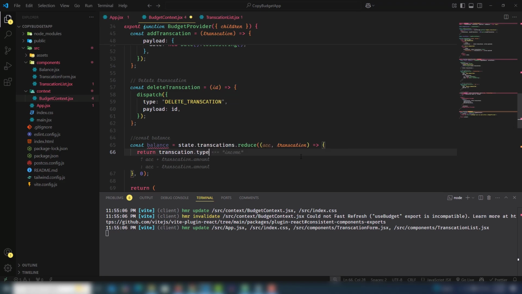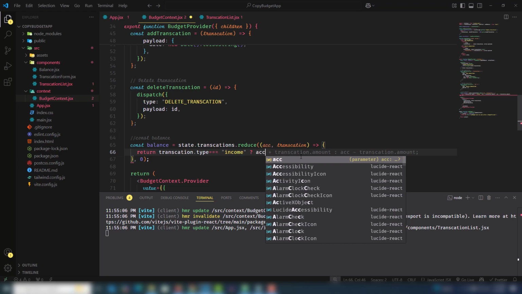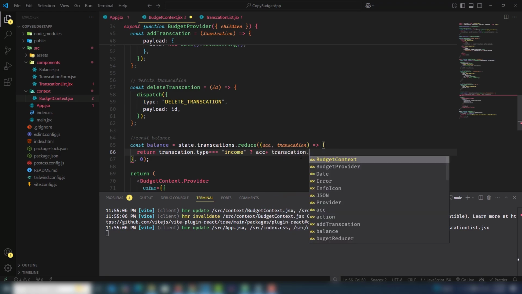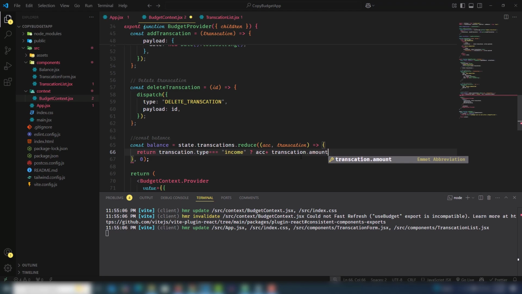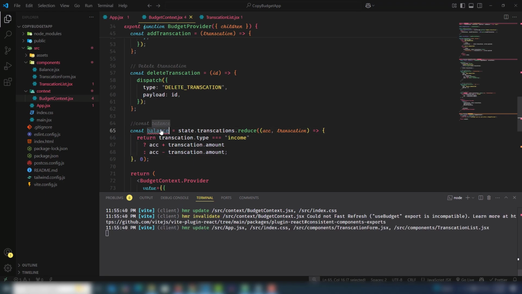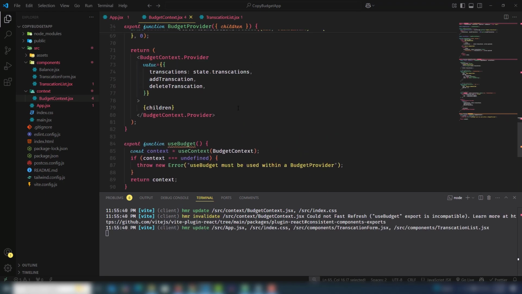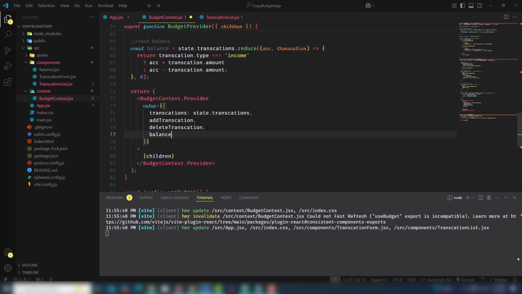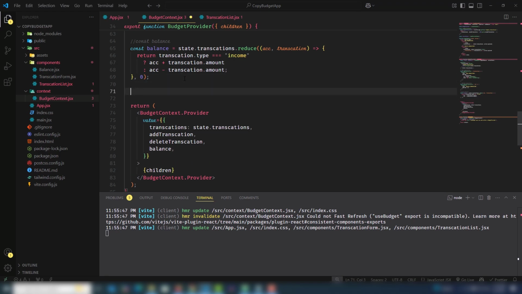that type is income, calling the accumulator plus transaction dot amount, right? Otherwise accumulator minus transaction dot amount. That's it. I'm gonna copy the balance and I need to pass it on there. This is our balance. Next one is income, so I need to use